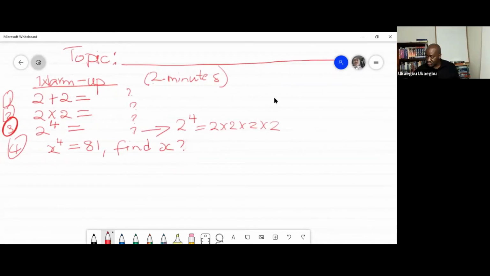So 2 times 2 times 2 times 2. That's 2 raised to power 4. That means we repeated the multiplication 4 times. All right? And 2 times 2 is 4, and another 2 times 2 is 4, and 4 times 4 is 16. So 16 is also correct. Then the fourth person said that,